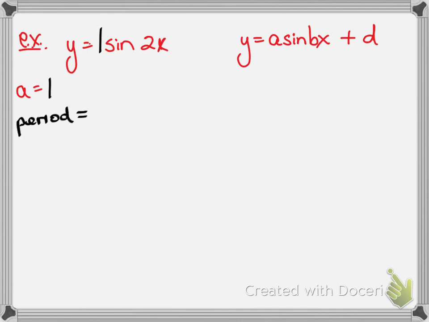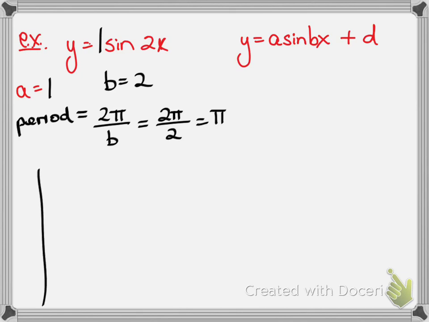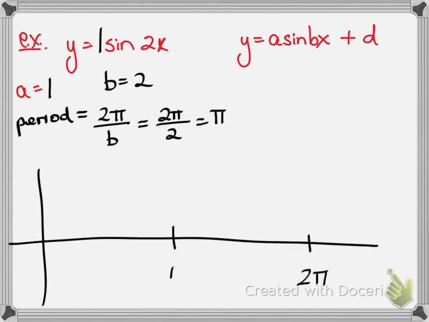And I would say, what's the period? And instead of just saying 2 pi, you would say 2 pi divided by b. And for us, I'd say, what is b? And I'd say b is 2. So the period is 2 pi divided by 2. The period is pi. So instead of the graph taking all the way from 0 to 2 pi to complete,